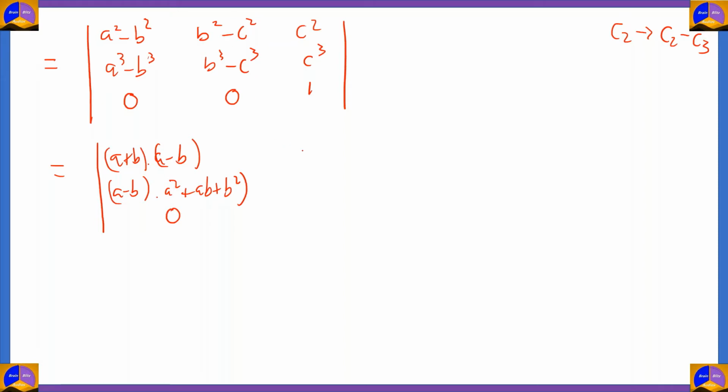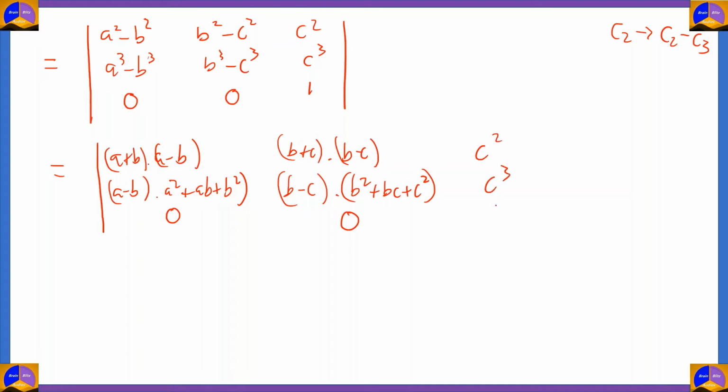Now, second column, b plus c into b minus c. That will be b squared plus c squared. And b cube plus c cube is b minus c times b squared plus bc plus c squared. And then 0, c squared, c cube, and 1. Now, we'll take a minus b common